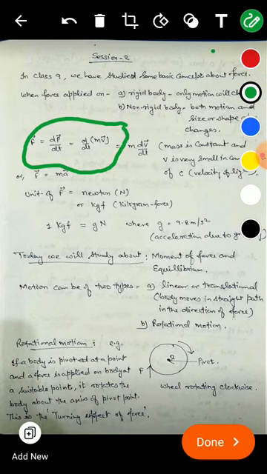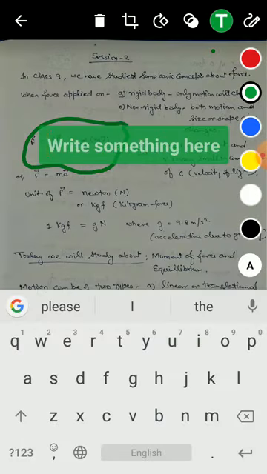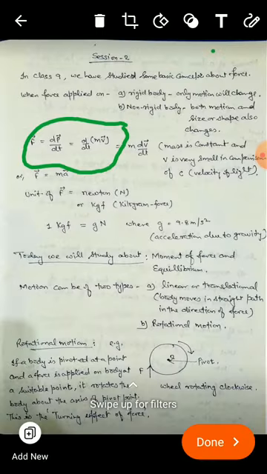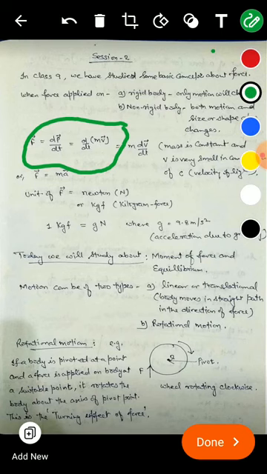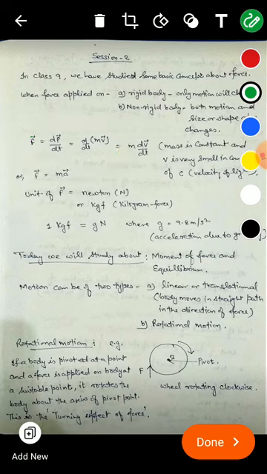If you click this T button, it will ask you to write something on this paper. Otherwise, if you don't want to highlight or encircle anything, just click this pen icon, and there is a redo option just beside the delete button. It is a bent arrow button. Just click this bent arrow button, so it will redo the thing. Okay, so I just clicked these 2 document photographs from the application, and then the done button.